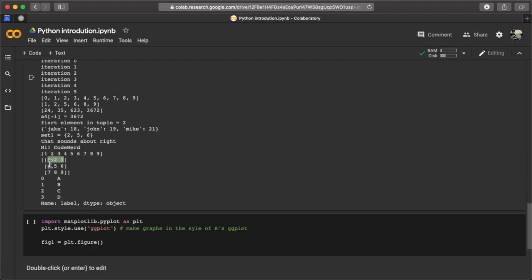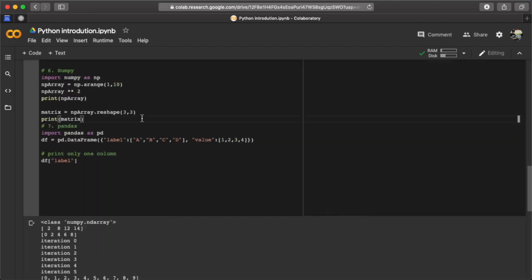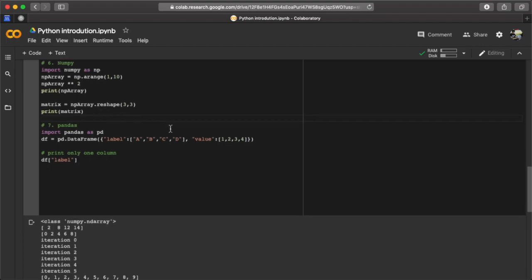As you can see, there are 3 rows, and there are 3 columns. And the last thing is pandas. We use pandas again for data science purposes, mostly. And this is how you import pandas. Usually you assign the name pd only. There's this DataFrame function in pd